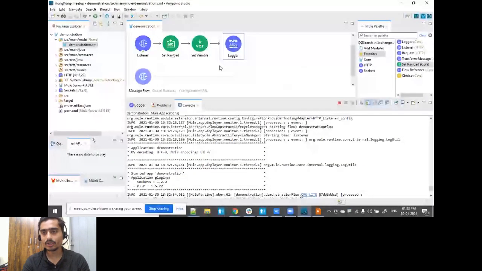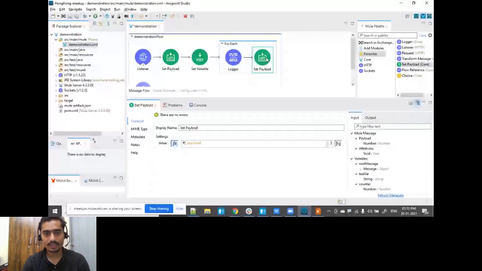Just after this logger, I'll add the set payload component to modify whatever existing payload I have. I'll say payload times 2. So I'll multiply the entire value by 2 to get the modification on payload.